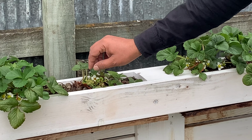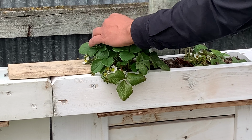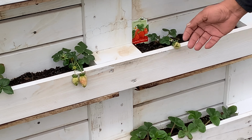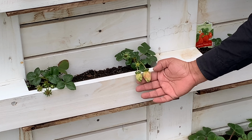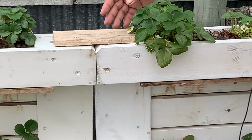Same thing on this side. If you could look underneath, loads of blossom. It's on the other side as well at the back, which we cannot focus. Some of the plants have already started fruiting as well. And if you take a look, they've started switching color as well. So if we move further,